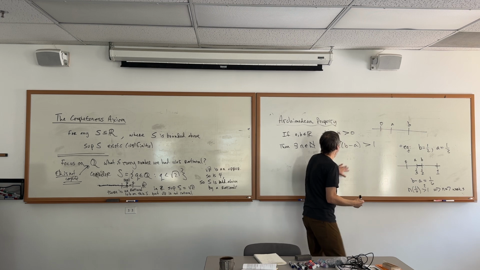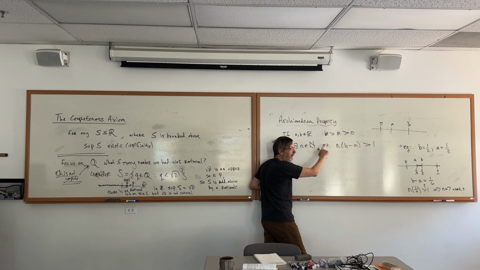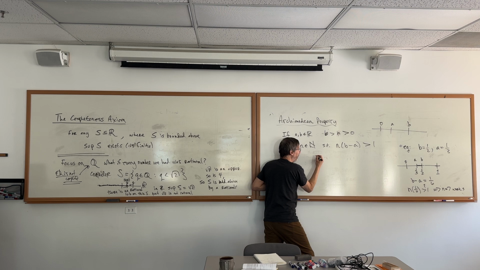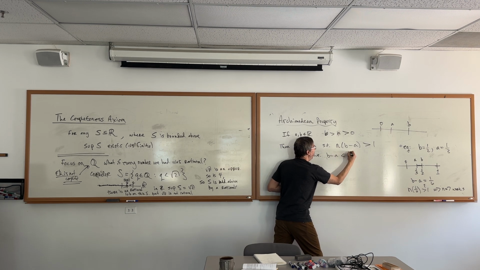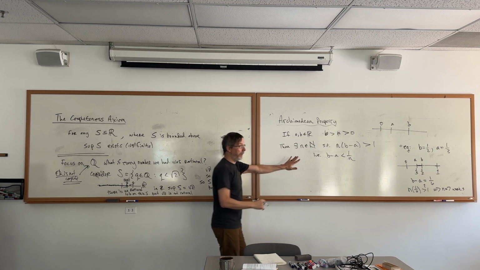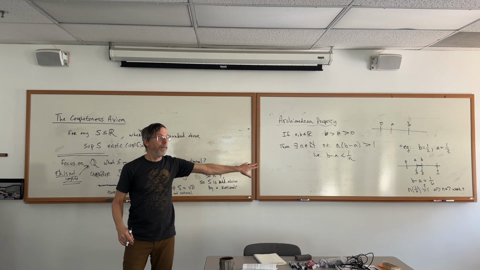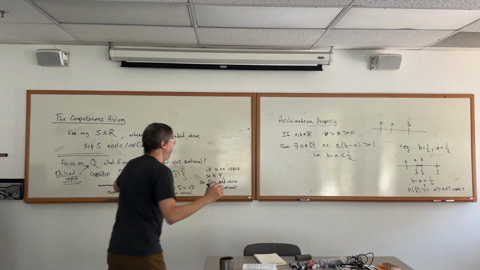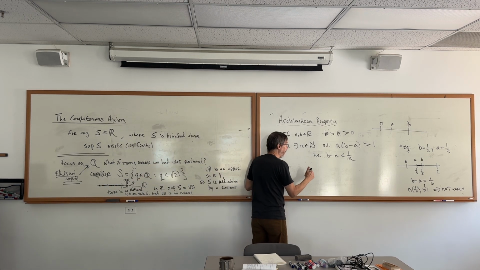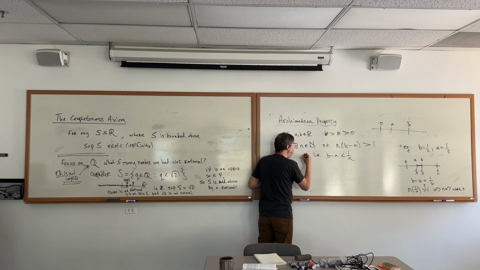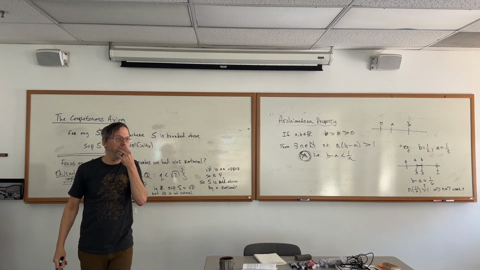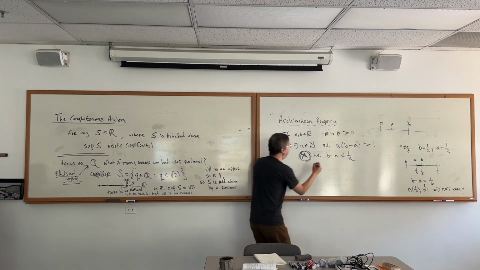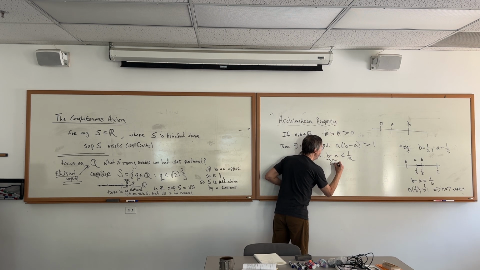I want to write a consequence of this that really is the heart of it and is going to help us more. There exists this n such that the distance between these two is less than 1 over n. Notice I can divide both sides by n. Besides the proof we're going to do about the denseness of Q in the reals, this is probably the most useful form that we'll ever have. And notice that this is a positive number because b is bigger than a.